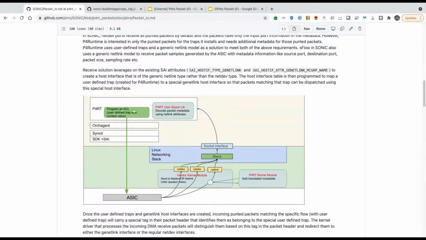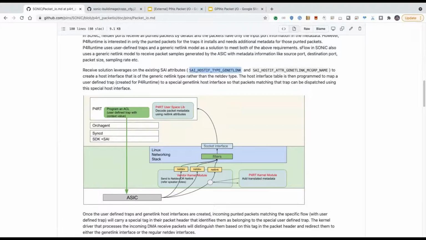If we add a capability where the application sends a unique identifier or a context value to the ASIC along with the flow that it is programming, and the ASIC can add that attribute in the packets that are punted, then in the receive path, we can use that unique identifier to isolate the traffic between the punt flows installed by P4 runtime and other applications. Fortunately, SAI provides such a capability in terms of the user-defined traps and the